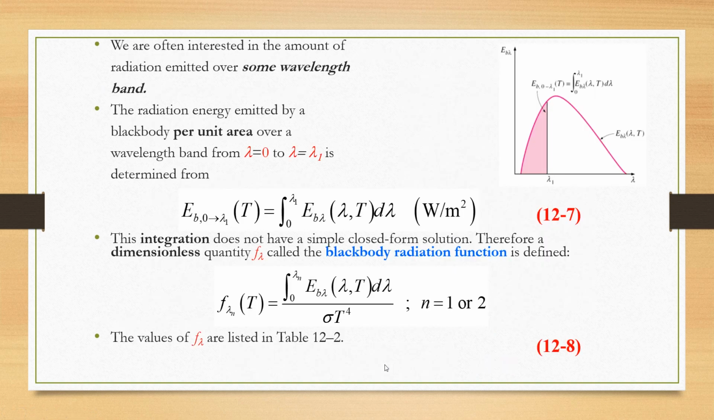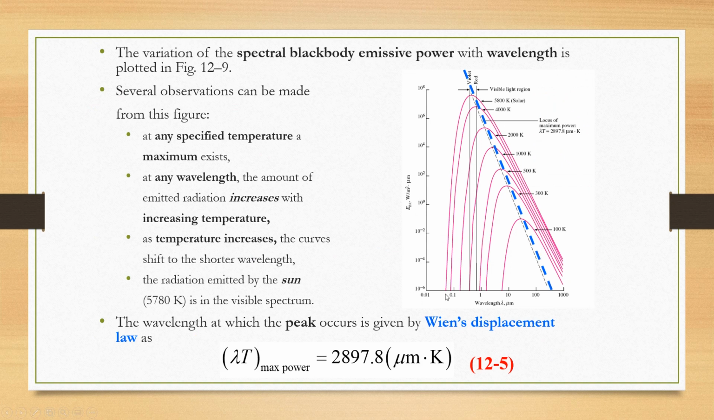So we are often interested in the amount of radiation emitted over some wavelength band. Here we know that this graph is actually from 0 to infinity. We do not know where the end of this graph is. Therefore, we are interested at some point, at a specified wavelength, for example, 0 to